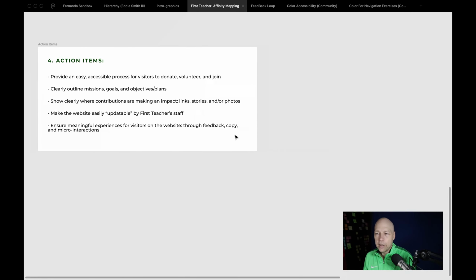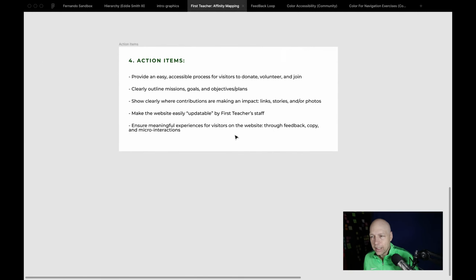So I think your action items provide an easy, accessible process for visitors to donate, volunteer, or join. Clearly outline the mission, goals, objectives, and plan. That just smells like if they get the mission, they're more likely to contribute. Show clearly where contributions are making an impact. So, transparency. Make the website easily updatable, and this gets back to